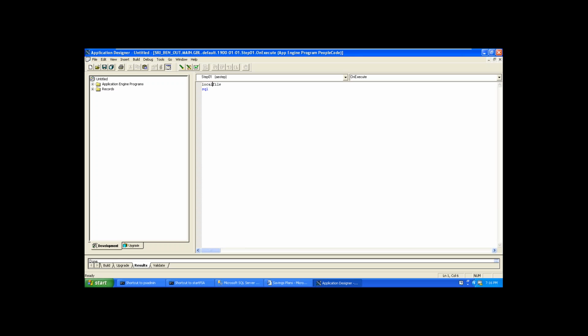I am declaring a local file &BenefitFile and a local SQL &BenefitSQL.